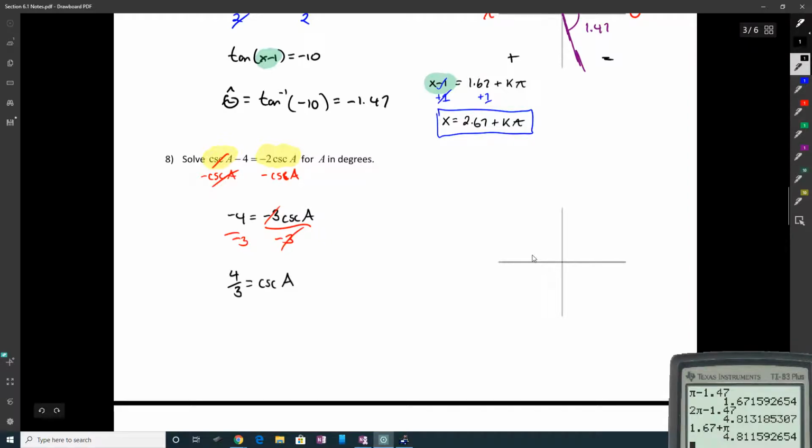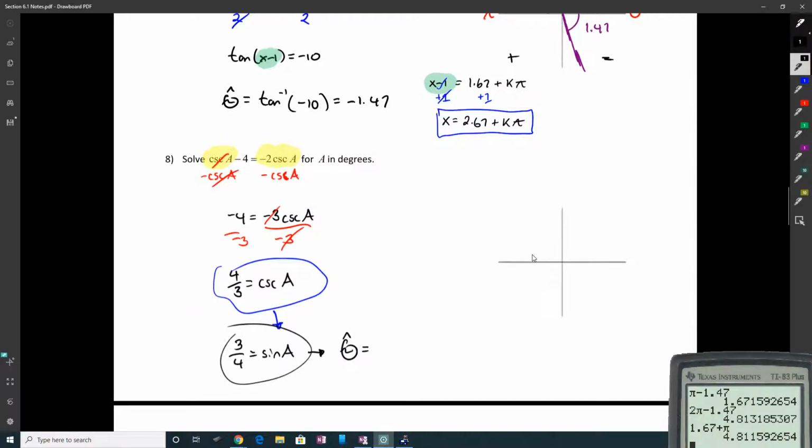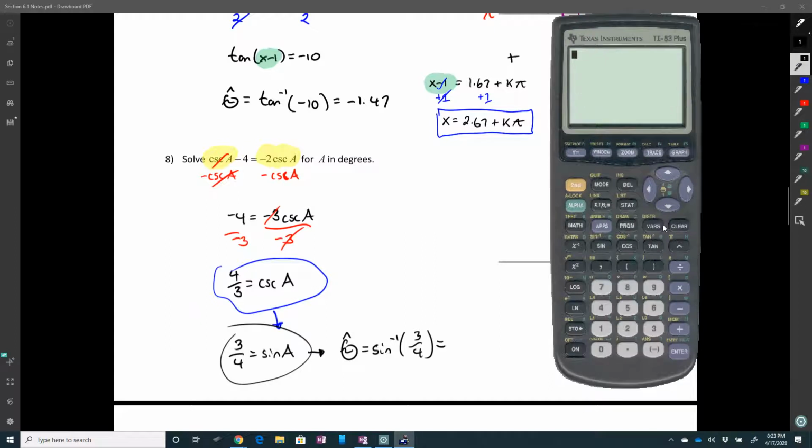equals cosecant A. But I don't really like dealing with cosecant, so I'm going to solve the equivalent problem by flipping it. When you flip cosecant, you end up with sine. So I'm going to solve 3/4 equals sine of A. And so we find our reference angle, and that's going to be inverse sine of 3/4. So we go to our calculator, we do inverse sine of 3/4,